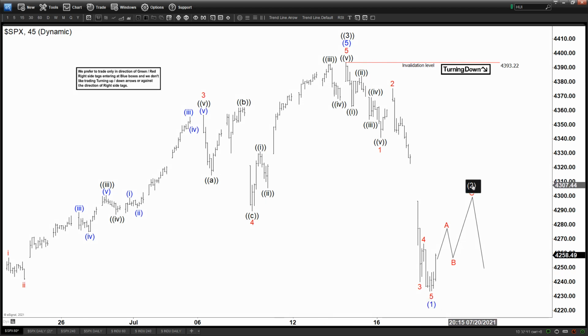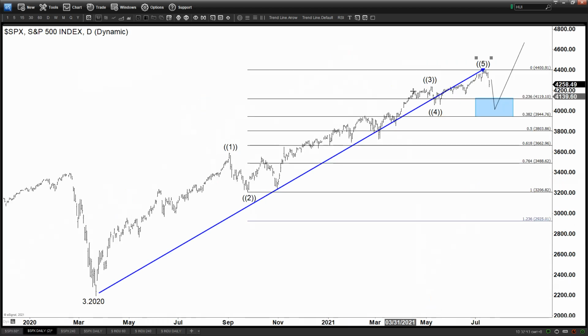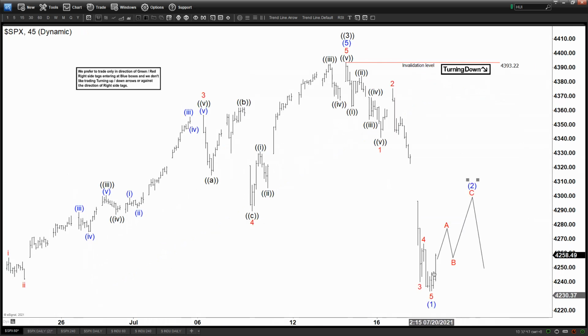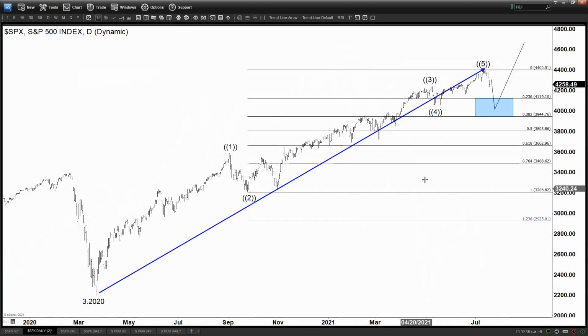Now in a 1, 2, 3, 4, 5, you can imagine once we finish this first leg supposedly, we now rally a little bit. Think about it this way: if this already ended the entire 1 year, 4 months, this is going to be doing something like this. Instead of an ABC like this and going up, this is going to be doing 1, 2, 3,